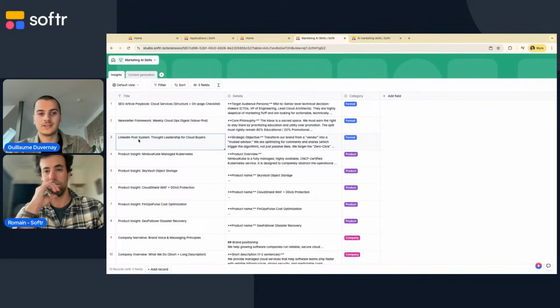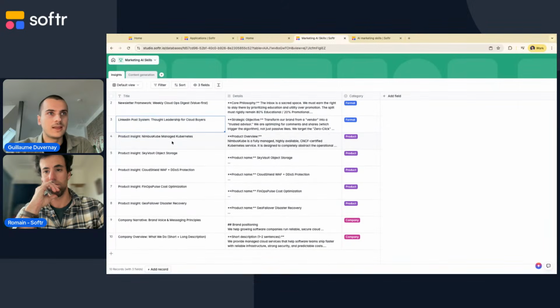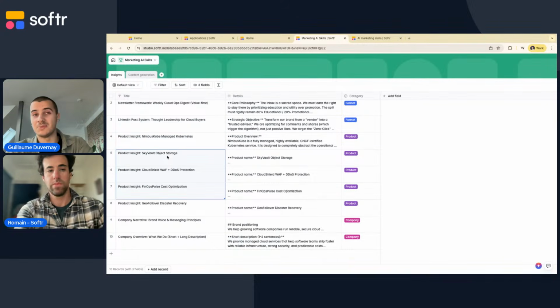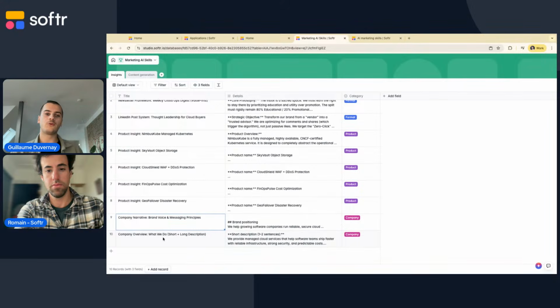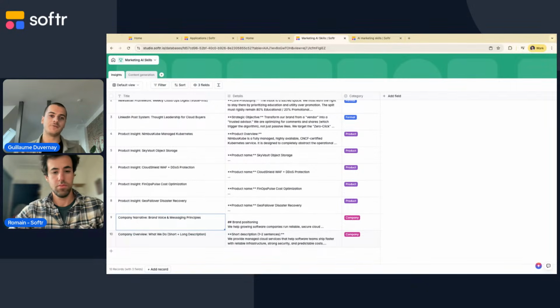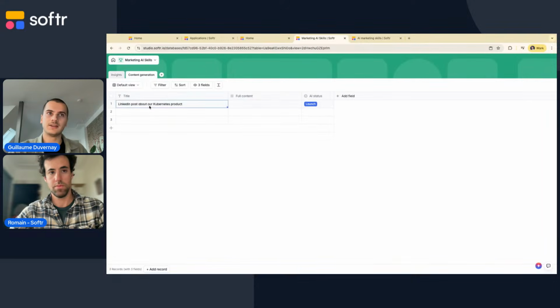LinkedIn post, this one is actually useful. And then here we have our Kubernetes product. So the other products are maybe not interesting to have. But here we have the company narrative and the company overview. So from this list of 10 insights, actually only 3 or 4 of them should be leveraged if we wanted AI to help write that LinkedIn post.